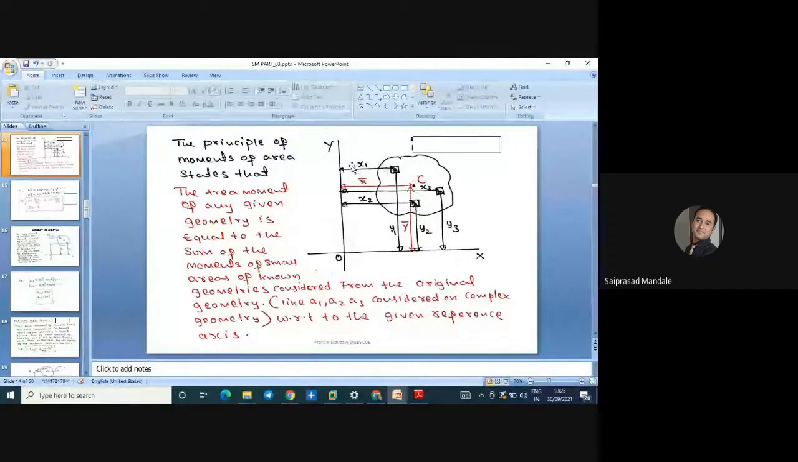So this is x1, and for that it is y1. For x2, this is y2. This is x2, this is y2. For x3, this is y3. So for every point we have two coordinates, x1, y1, x2, y2. So in case of that, if I wish to